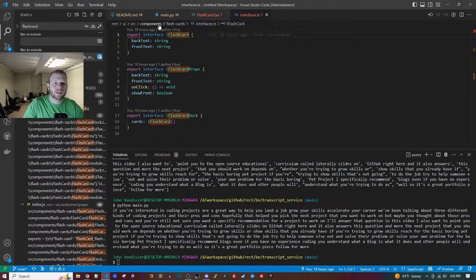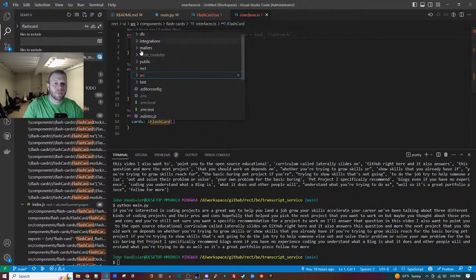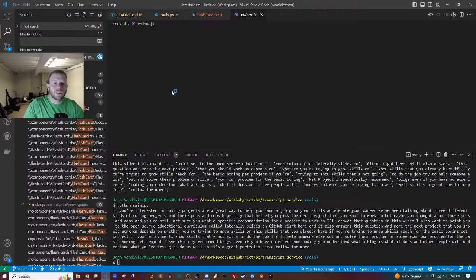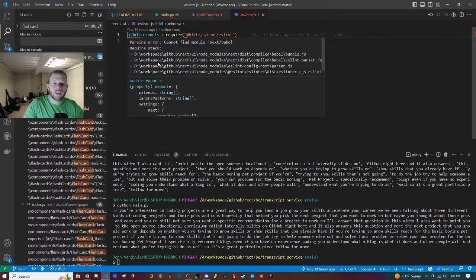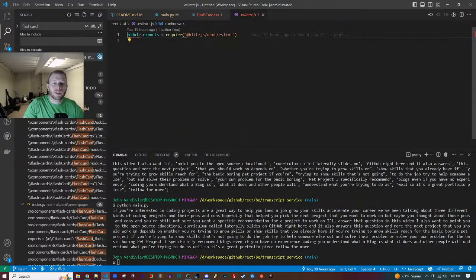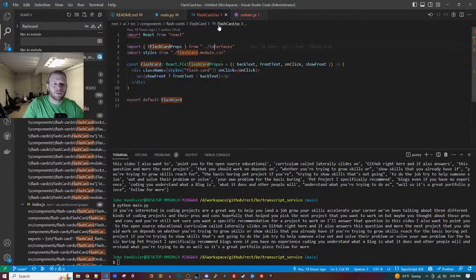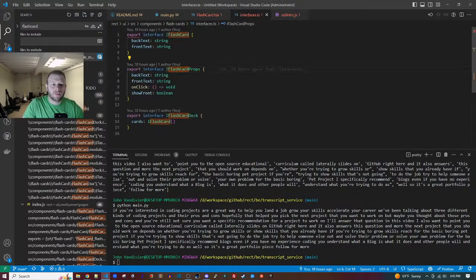Maybe the ESLint config is messed up. ESLint is telling it to look over here. Cannot find next Babel. Maybe it's because I need to run the install now that I moved it. Whatever. This is a next step. It's not what I'm doing right now.